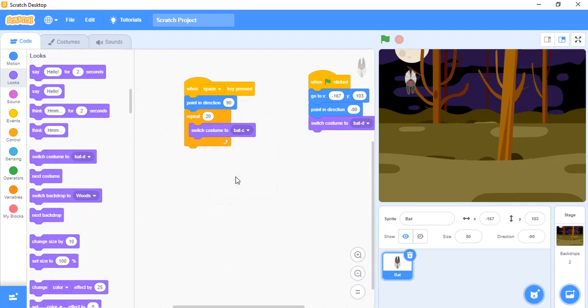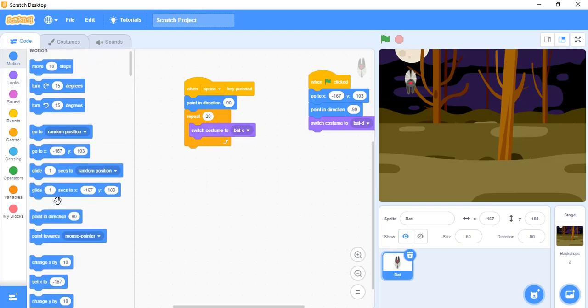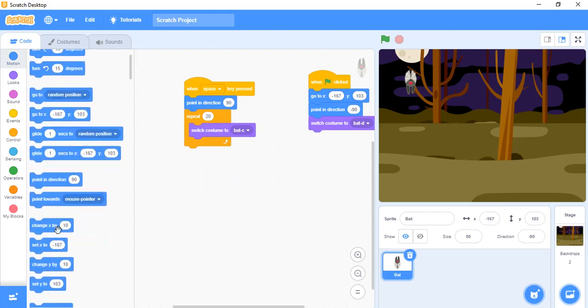Okay, that's the wings up. But now, as you change to costume C, this little sprite of ours must move. So now we can use this block, and we haven't done this before. We're going to change X by a positive amount of 5, and change Y by a negative amount of 5,